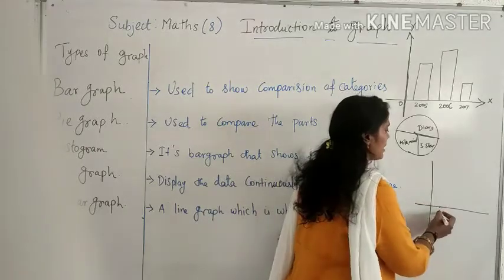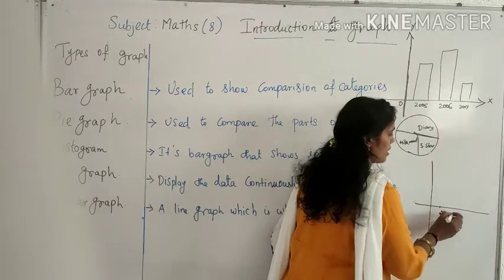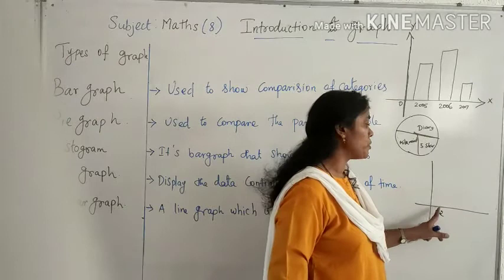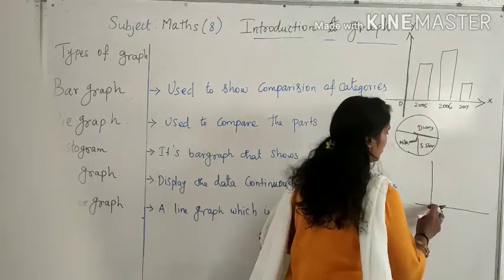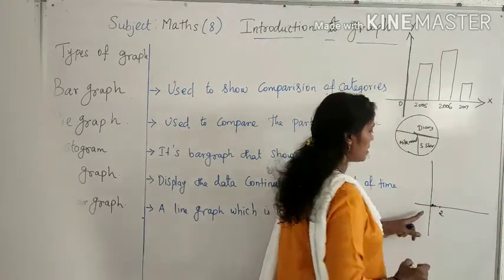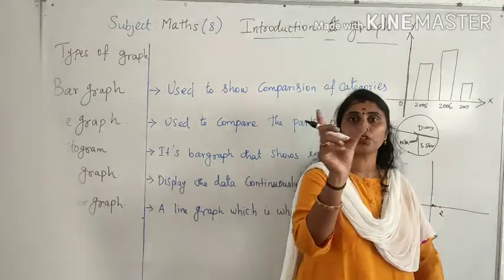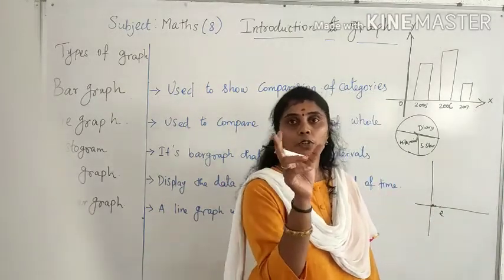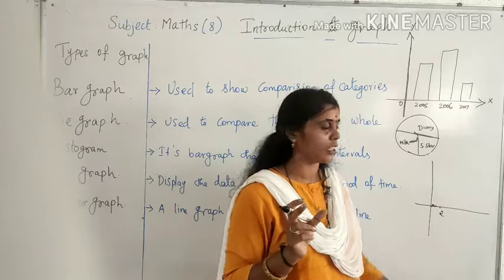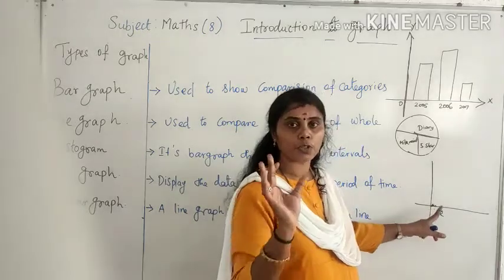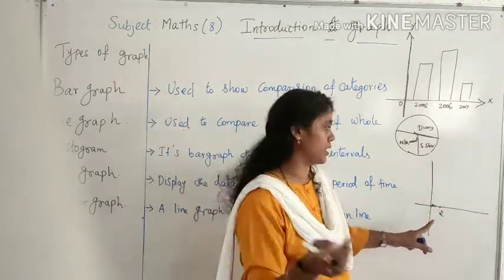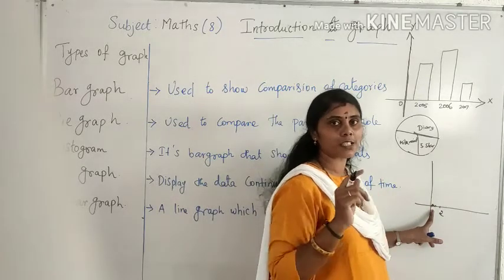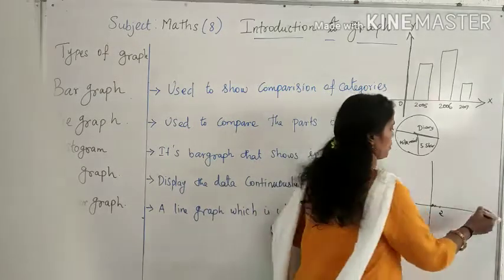And suppose you are starting from 2 o'clock, in between we are starting this. So from 0 to 2 we are not showing it. That we will show with a zigzag line. This zigzag line means that from 0 to 1 o'clock we are not showing it here. The information is missing over there. We are starting from 2 onwards. To show that, this zigzag line will be mentioned in the histogram, right?